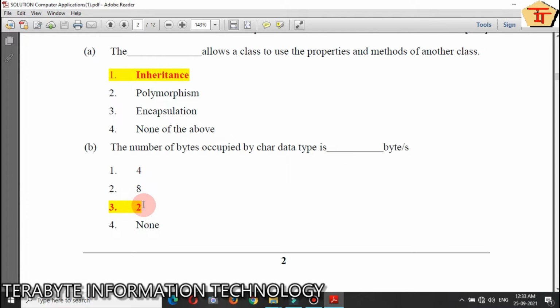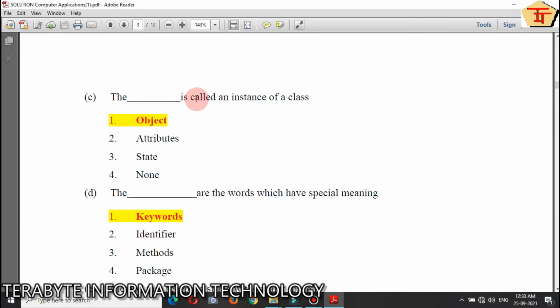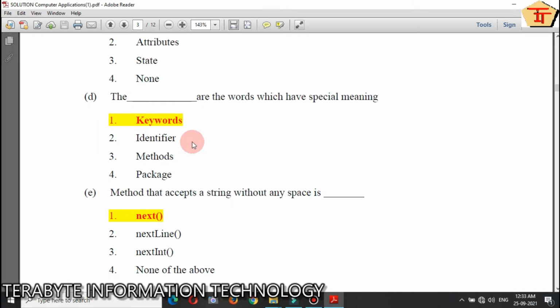So option number 3 is the correct one. Next, C: the dash is called an instance of a class, and the answer is number 1, that is, an object is called an instance of a class. Next question: the dash are the words which have special meaning. A keyword is a word which has a special meaning, so number 1 is correct.